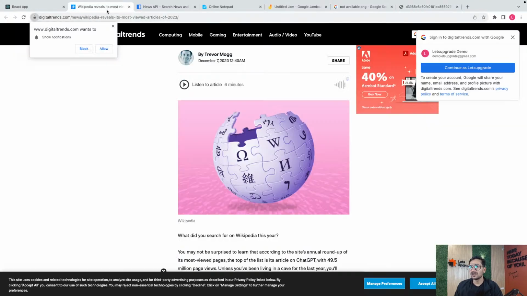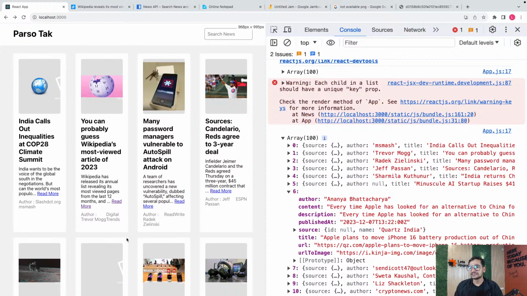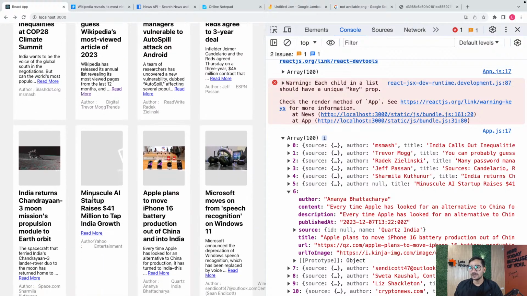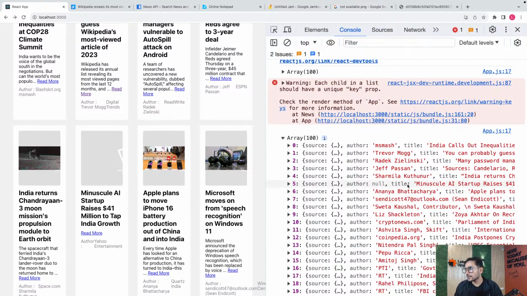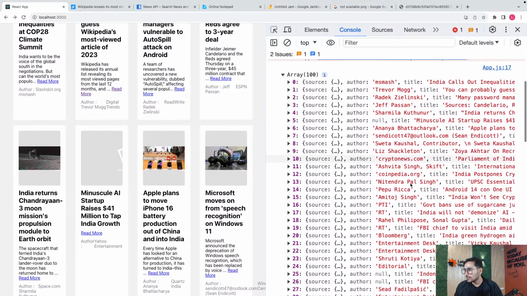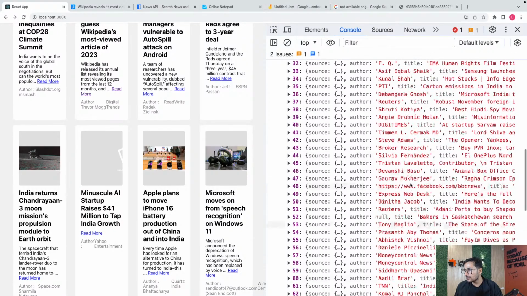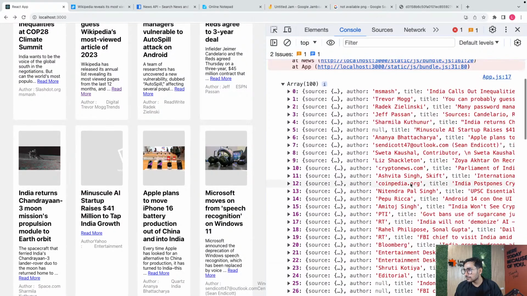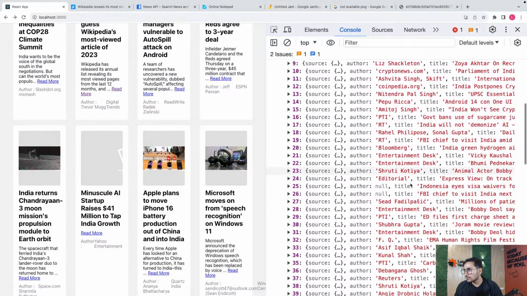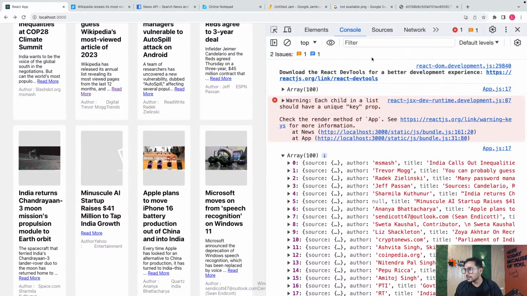It's loading. Okay, it's a random article then. So now I have to find out. The author is Yahoo Entertainment, so let's find one for Yahoo Entertainment. Let's do a find operation.